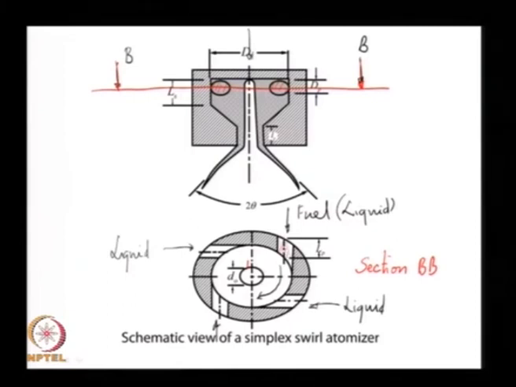So, this is the tangential injection passage, and what that does is I create a swirl inside here. So, this chamber is very often called a swirl chamber. And the liquid is swirling, say in this particular instance, the way I have shown the view, when I look from top, the swirl is clockwise. Okay. So, the fluid is swirling inside, and when the swirling fluid goes through this converging passage,